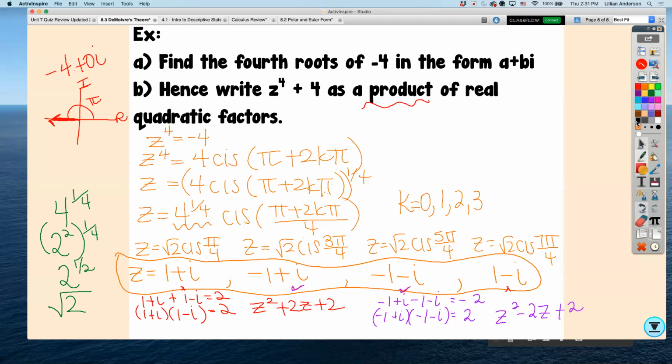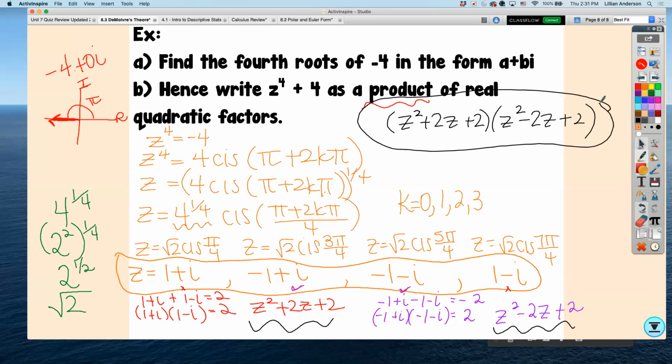And together, this quadratic and this quadratic, when I multiply them together, would give me z to the 4th plus 4. I'm not going to do that because it's asking me for the product of my real quadratic factors, and that would be my answer. But if I were, I would have z to the 4th, everything in the middle cancels out, and then 4 at the end. And that's the last bit of complex numbers with De Moivre's theorem. Find the roots,